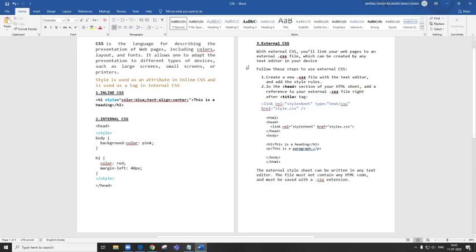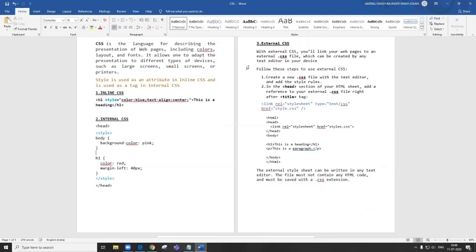Ab external, children, from the name itself, it suggests that I am going somewhere out of the document that I am in. तभी वो external बनेगी. तो external में हमें क्या करना है? यहाँ पे हमें 2 फाइल्स बनानी है. एक फाइल .css की बनानी है जिसमें हमारी स्टाइलिंग होगी, and the other file will be a simple HTML file जिसमें हमने कंटेंट लिखा है. So here we will be combining the two things, styling and content.